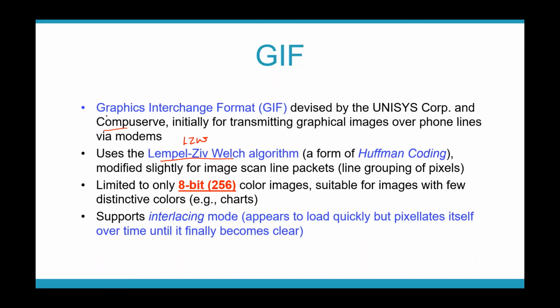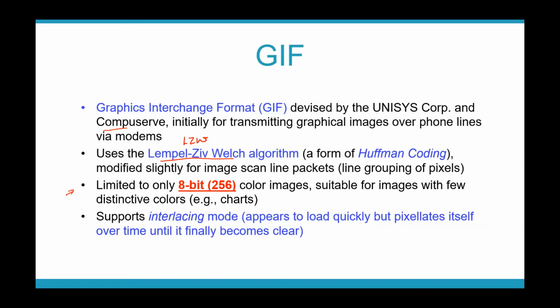The GIF image format normally uses the LZW compression technique for compressing. So unlike bitmap images, GIF is a compressed format. Normally images are stored in compressed form by applying the LZW algorithm. Another speciality of GIF images is that they are limited to 8-bit, which means a maximum of 256 different colors. This is one particular feature of GIF images you have to keep in mind: it can support only a limited number of colors.